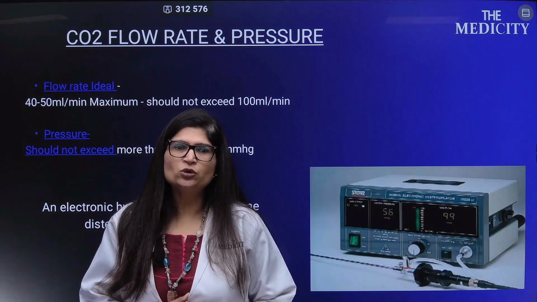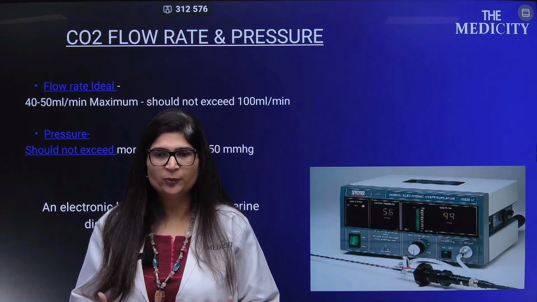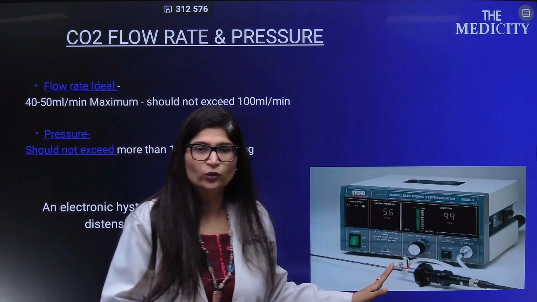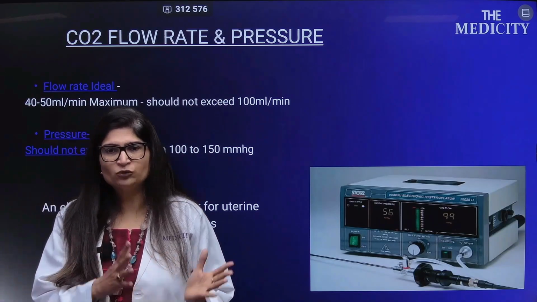So if we take CO2 as the distension media, there has to be a proper flow rate and there has to be a proper pressure. So looking at this, there is a proper mention of the pressure as well as the flow rate which we are using. So the flow rate, if I say the ideal flow rate comes out to be somewhere between